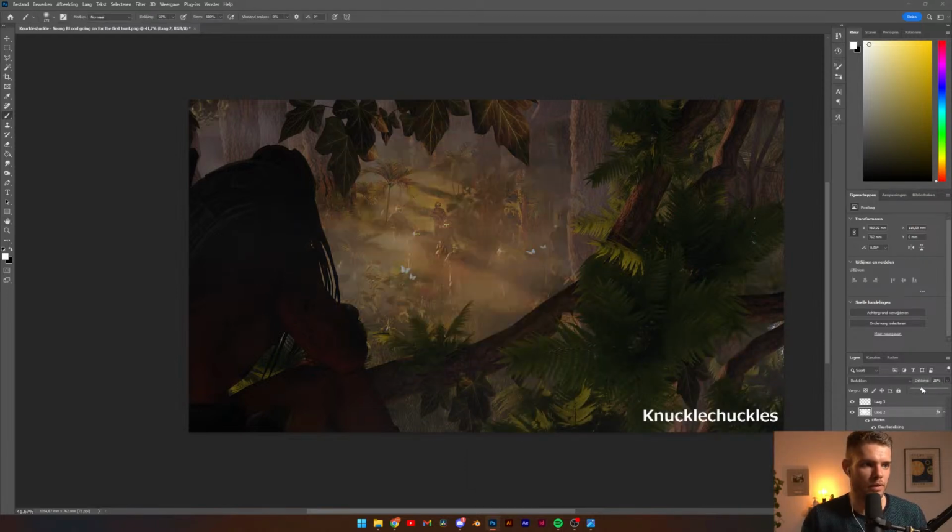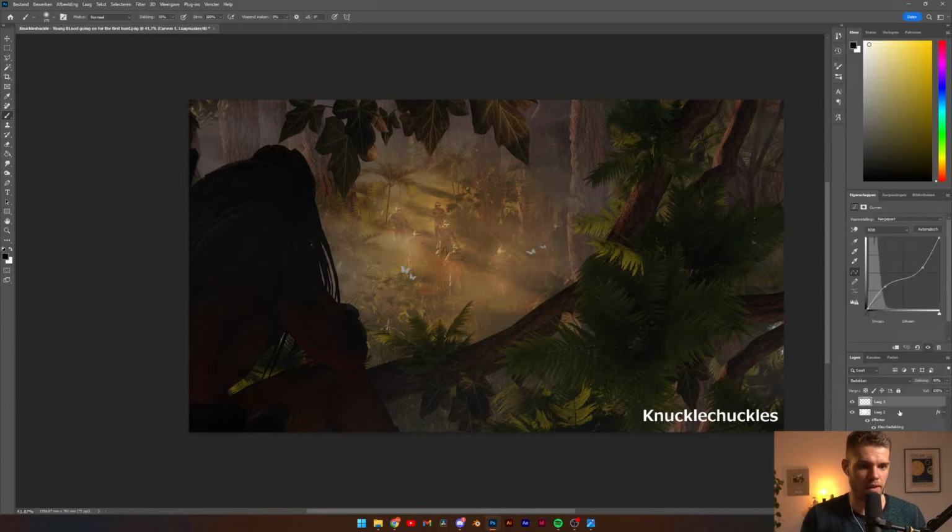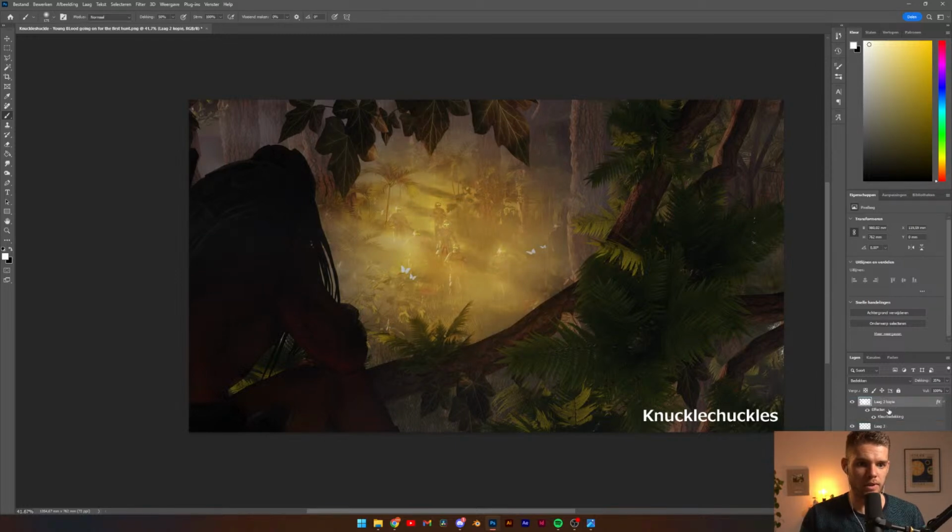And just take the whole saturation down and maybe increase this one. And add a duplicate of this one. And we could just take this down, something like that. Again, not perfect, but